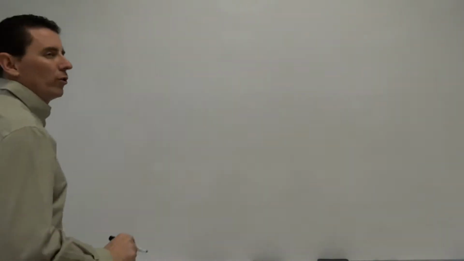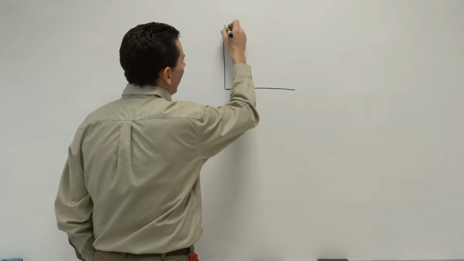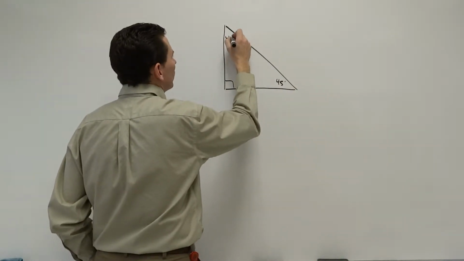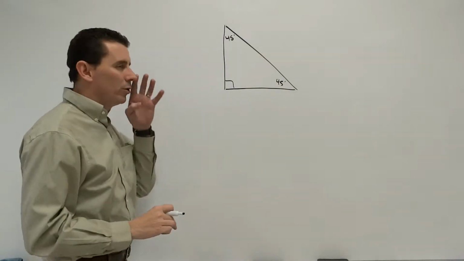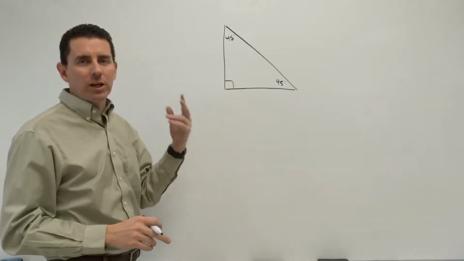All right, we're going to take a look really quickly at some special right triangles. The first one we're going to take a look at is the 45, 45, 90 right triangle. Again, all the things we're going to talk about today are proven using the Pythagorean theorem, and the beauty of these special right triangles is you can know one side and you can get the other two sides very quickly by